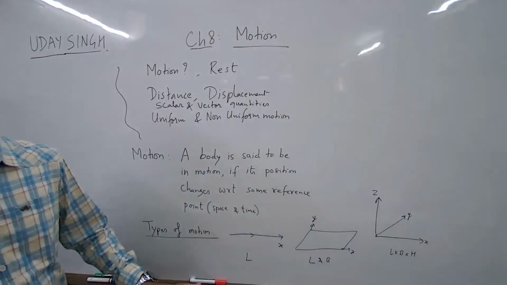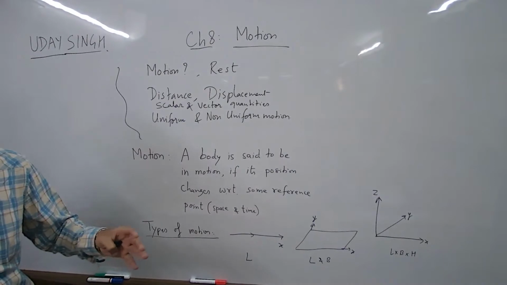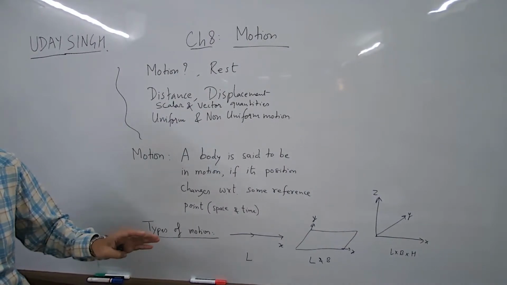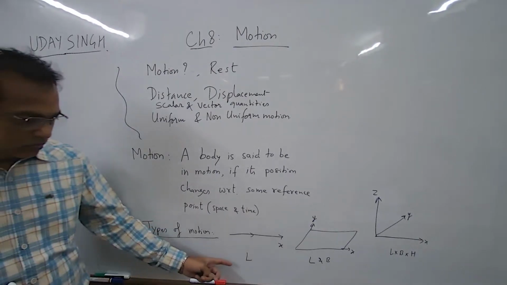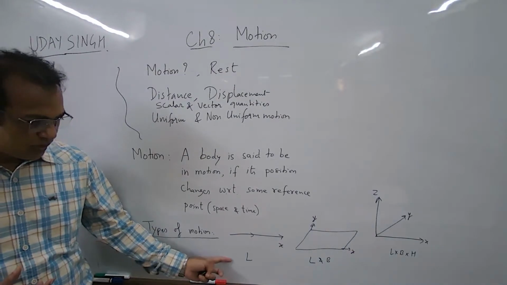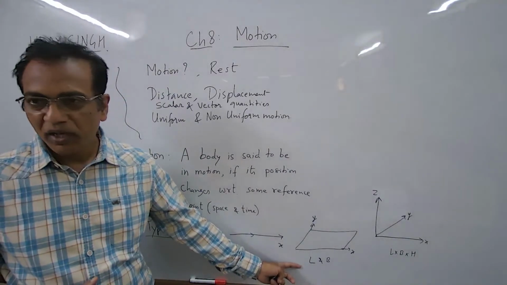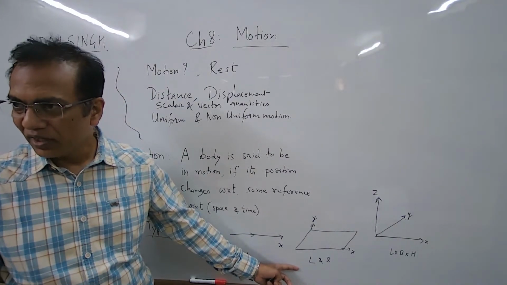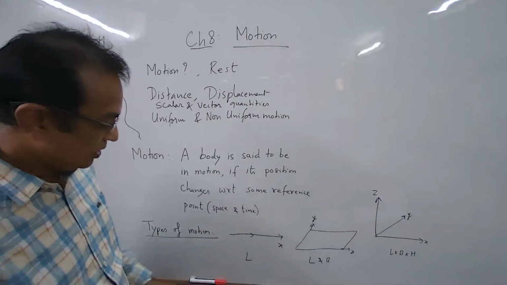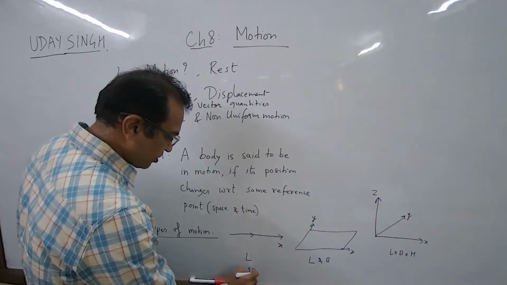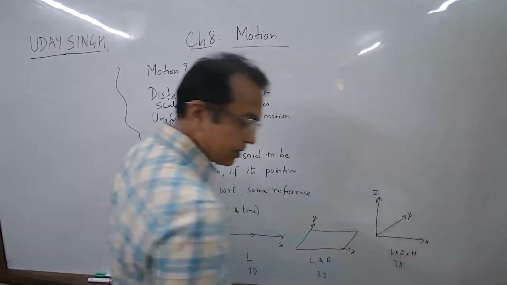This you study in mathematics, but in physics, you will understand it from a deeper perspective. So it's not going to be rote learning, it is application. Bodies which only have length are called linear bodies. Such bodies are called planar or laminar, like a plain sheet, lamina. And these are 3D objects. Anything which is linear is also called one-dimensional. This is called two-dimensional. This is called 3D. Everybody has noted it?